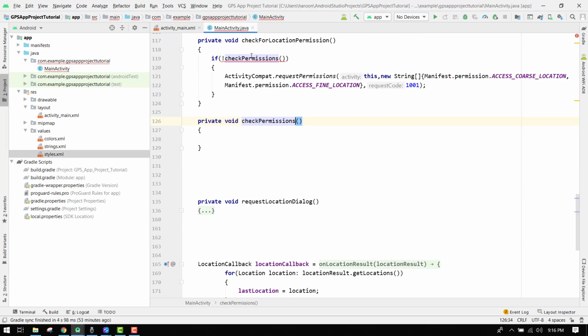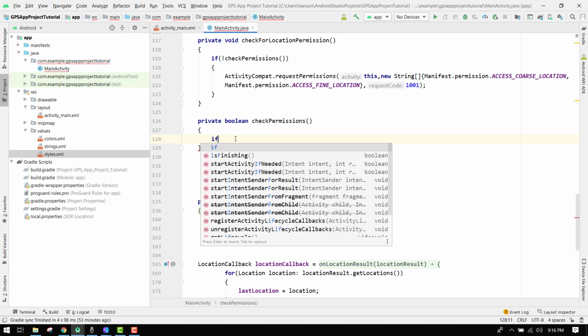And why it is... okay, so it will be of type boolean. All right, for the check permission, here we can check if